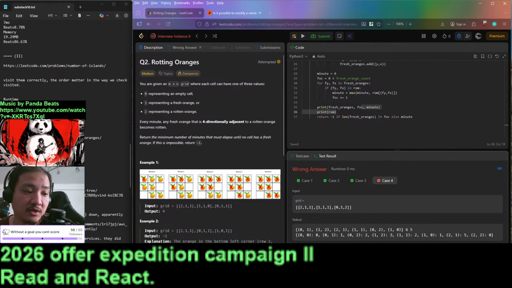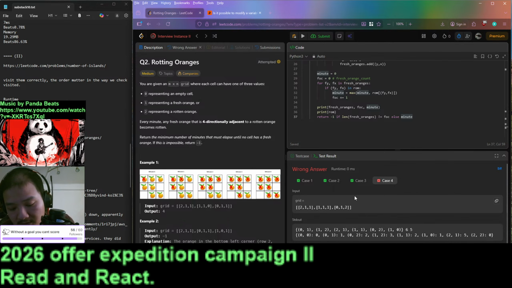So maybe we need to get all the position of the one main. So maybe we have to get all the position, because in this case, right, they can go